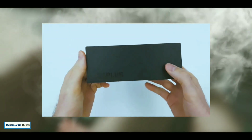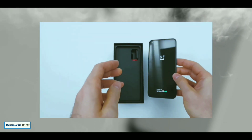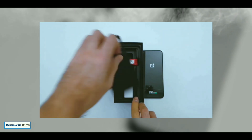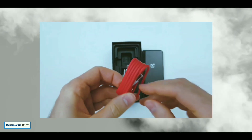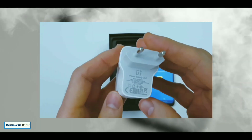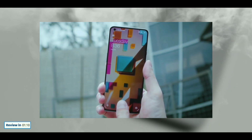Its body dimensions are 158.9 x 73.2 x 8.3 mm, and its weight is 189 grams. Its display type is Fluid AMOLED, and its size is 6.43 inches. Resolution is 1080 x 2400 pixels, and the chipset is MediaTek MT6893 Dimensity 1200 5G, and its CPU is octa-core, 1 x